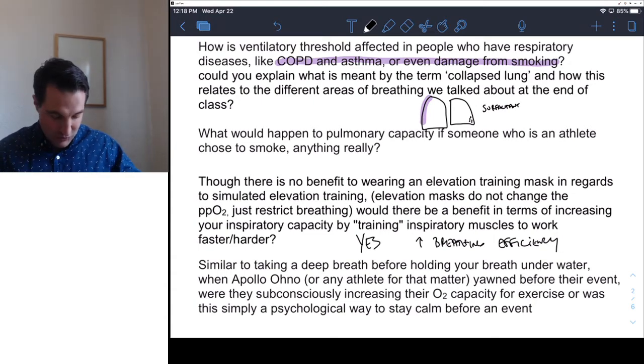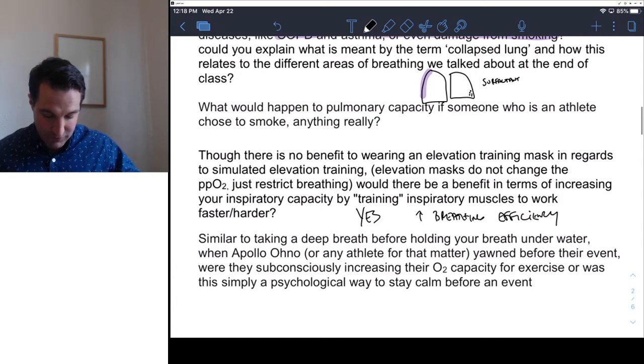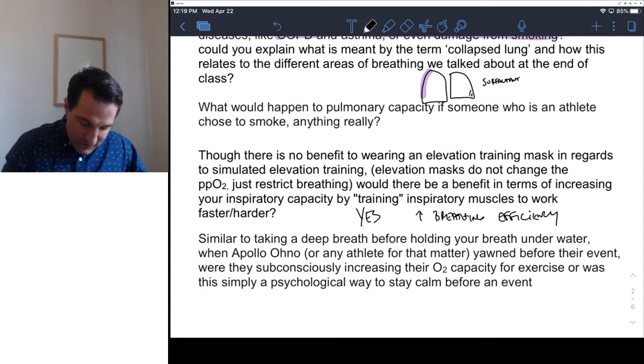Okay. Last one. Similar to taking a deep breath before holding your breath underwater, when Apolo Ohno, or any athlete for that matter, yawned before their event, were they subconsciously increasing their O2 capacity for exercise, or was this simply a physiological way of staying calm before the event? The answer to this one is we don't really know. There are a couple of reasons that people have associated yawning with exercise. You might see this with some powerlifters as well. Even though they're not doing an aerobic sport, they're yawning or opening their mouth really big before they exercise. One thing that I saw in the literature is